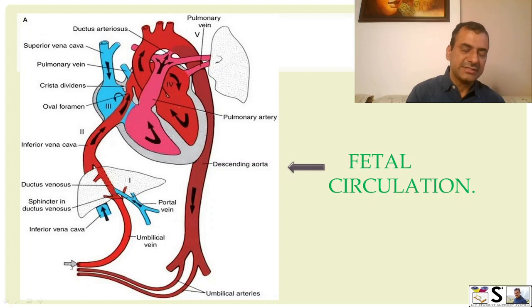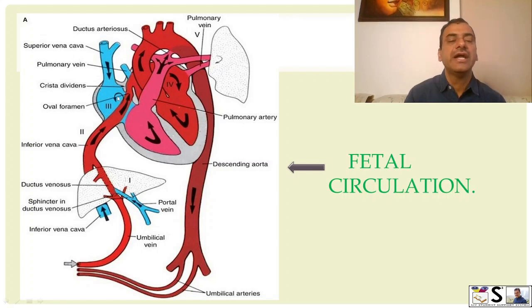From the placenta through the umbilical cord, one umbilical vein and two arteries are there in the umbilical cord. The oxygenated blood comes via the umbilical vein, and then the first adaptation is the ductus venosus. Through this the blood directly enters the inferior vena cava. Then from the inferior vena cava blood directly enters the right atrium, and through the right atrium there is the foramen ovale, and through this opening,